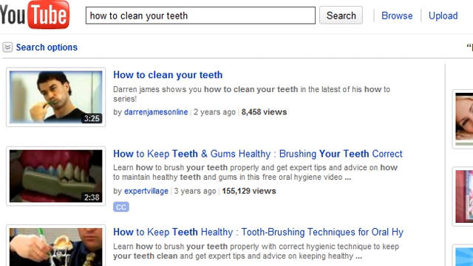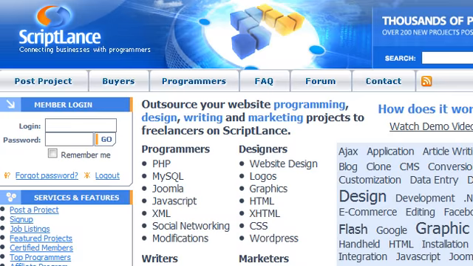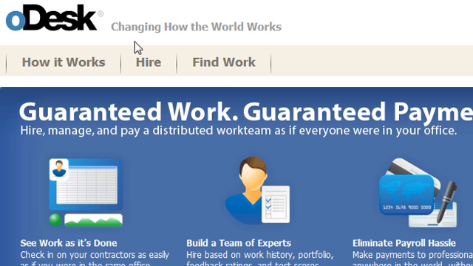Instead, what I suggest you do is go to scriptlance.com, or another good resource for this type of work is Odesk, and you hire somebody for about $5 to create 50 YouTube accounts and to send you an Excel spreadsheet that shows you the username and passwords for logging in and everything else,